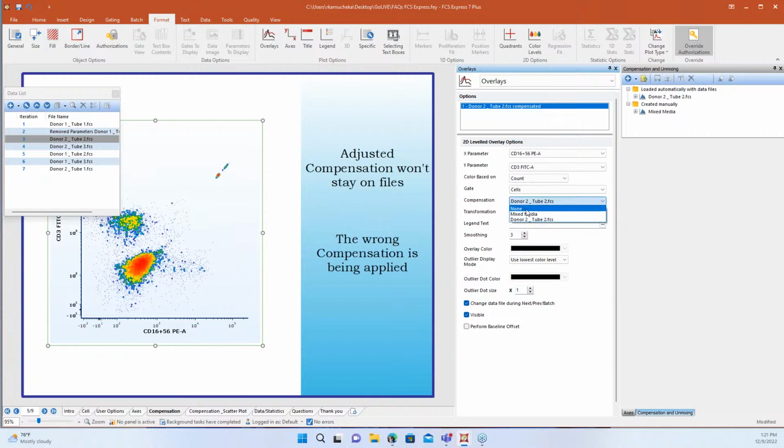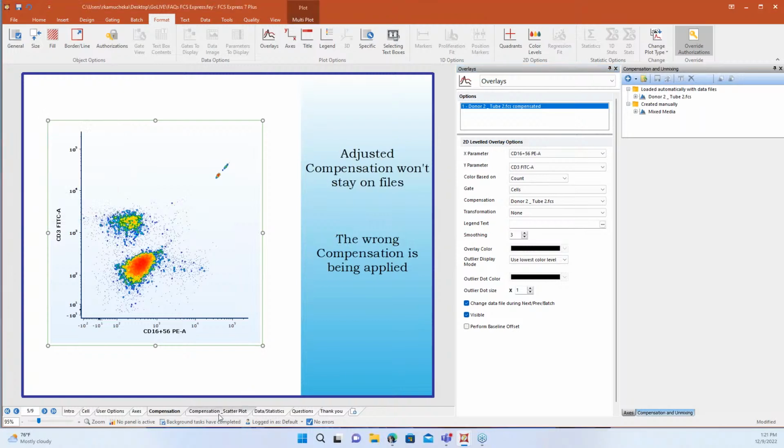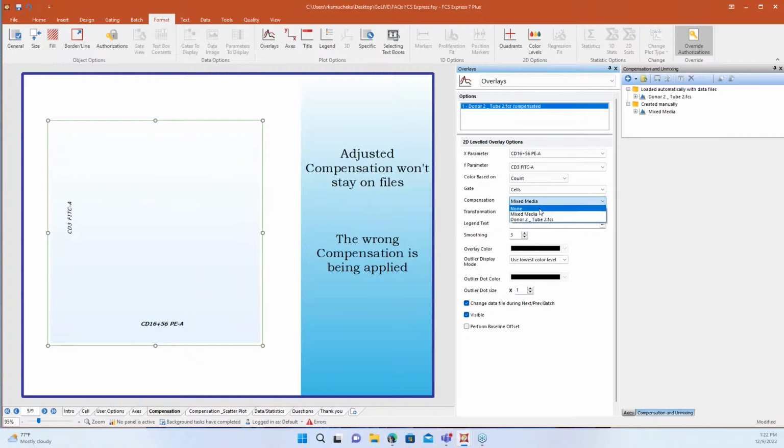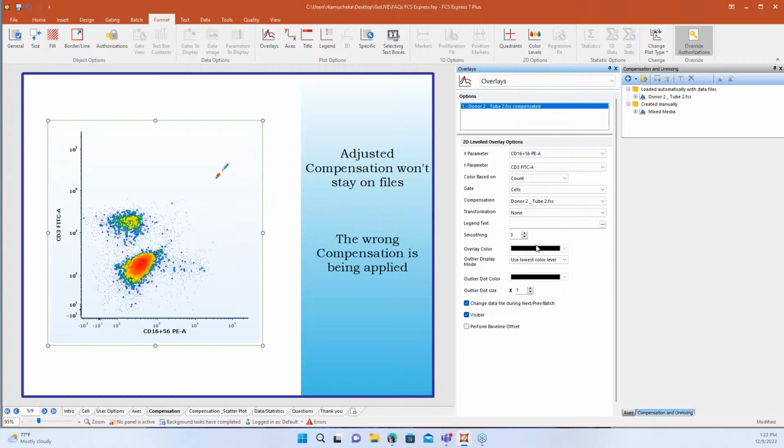And if you have other compensations, you can use your drop down plot, but you do want to make sure that if it's something that you did modify manually, it's set to default, because otherwise you'll run into the same thing. You'll move to the next data file and it will update for you to whatever the default behavior is to use compensation. Yep. And that's a nice way to do some comparisons between your comps as well. So maybe most people are calculating compensation at the instrument, but maybe you don't like the way that looks, or maybe you want to do a more mixed media option that's not as easy to do on your instrument. Using this drop down here is a good way to flip through the different compensations you have to see which one is going to work better for you.